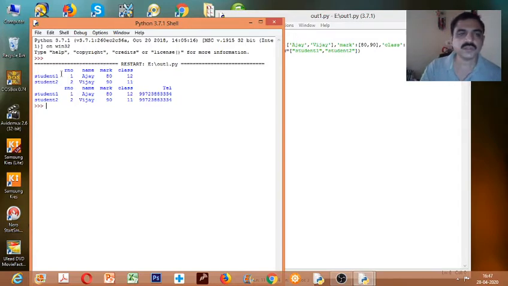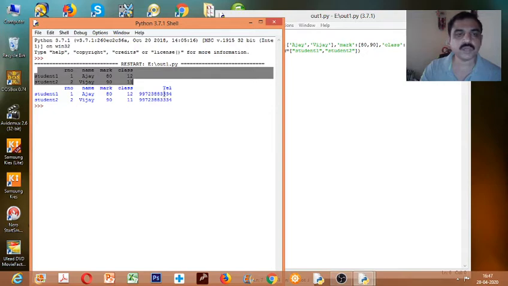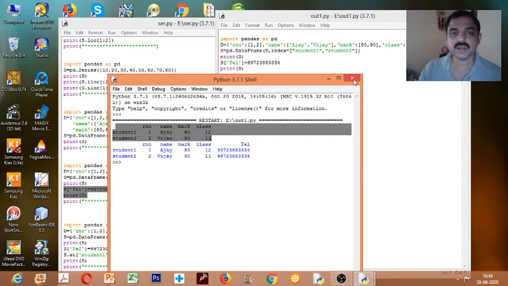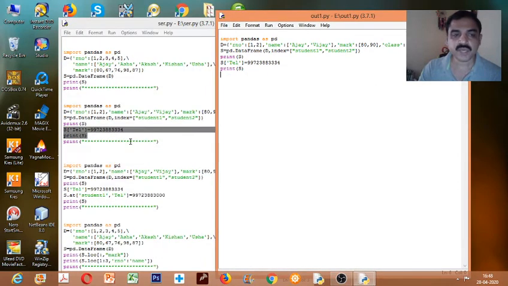So this was the original data frame. Now one more column is added with the same values. In case you want different values, then you specify a different list of values, just like how we assigned here.